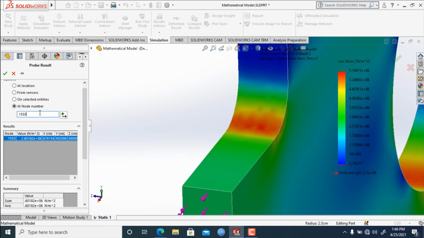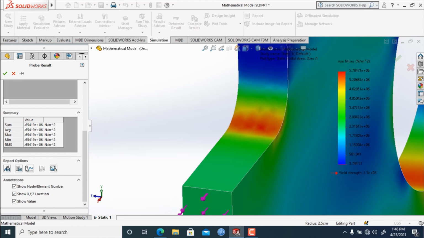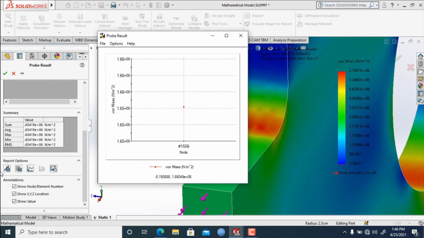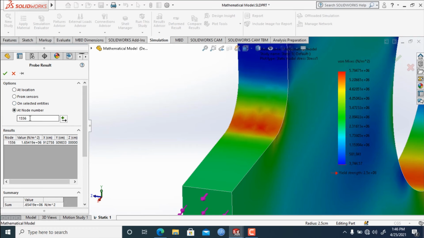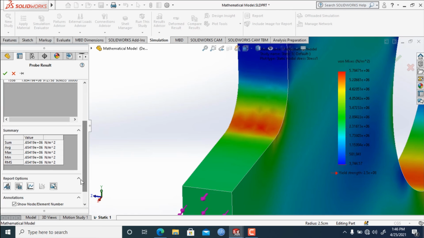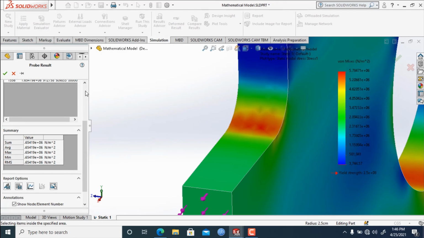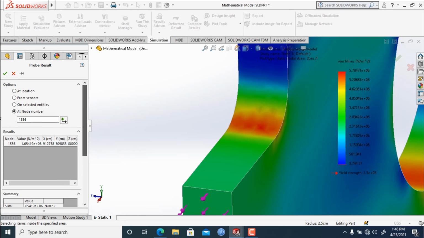Then if we select the next node number and click OK, and then click on show image, it will show the amount of force applied on that particular node. Here, for the nodes we applied in this box, the plot can be shown, or the result, the amount of stress applied on this node, will be shown using at node numbers.